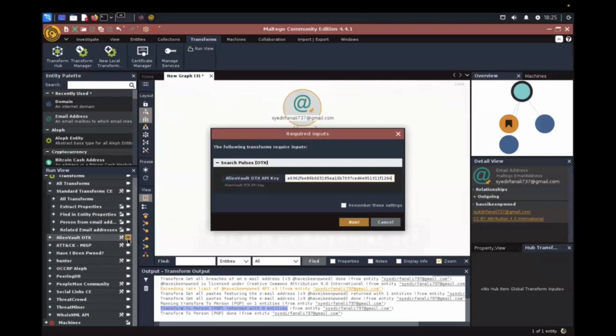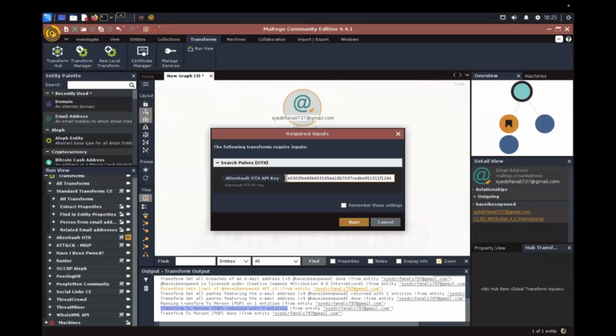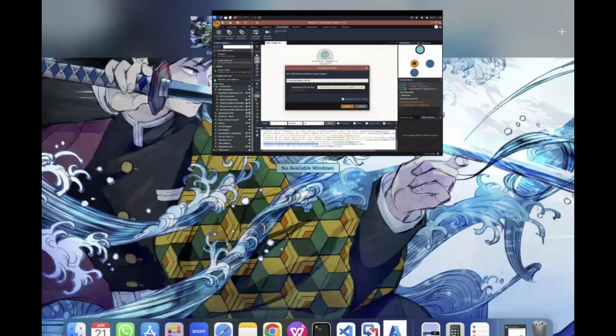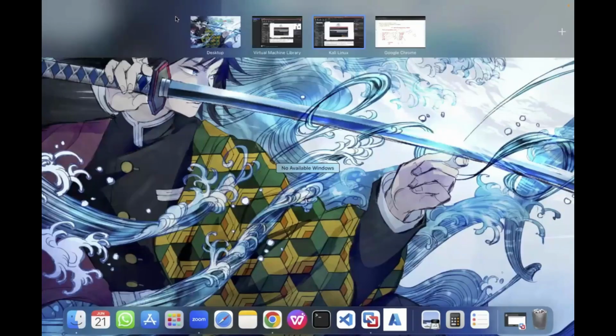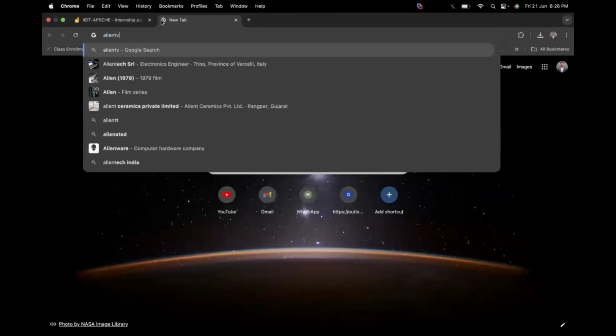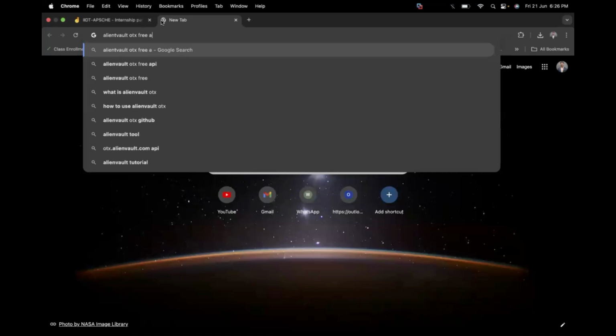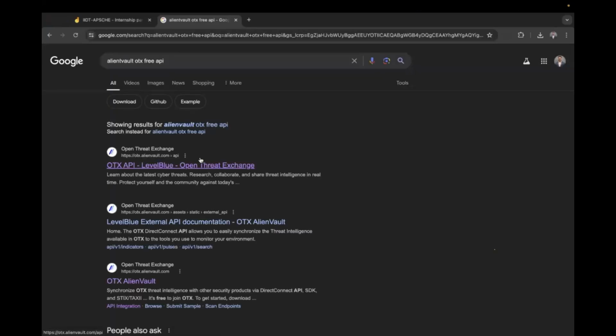We have AlienVault OTX. See, guys, one thing I want to tell you. Whenever I go for this AlienVault OTX and click on this forward run button, it is going to ask for the API key. Now, from where can you get this API key? Just go to your browser and type AlienVault OTX free API. Enter. So here, if you open this official website,